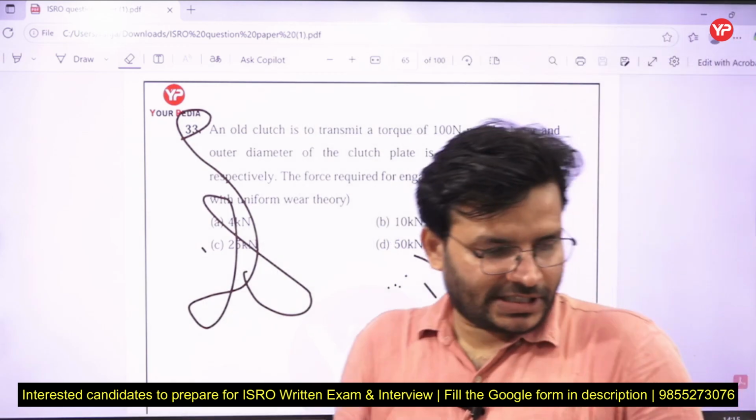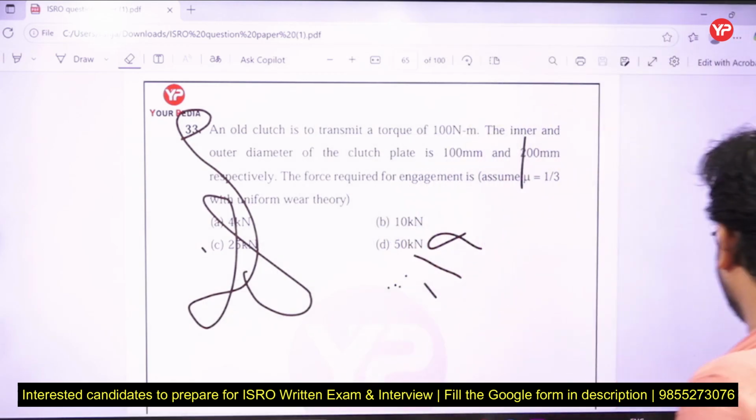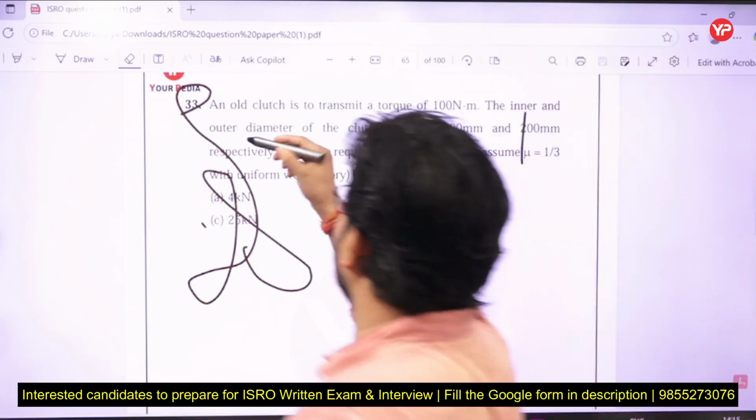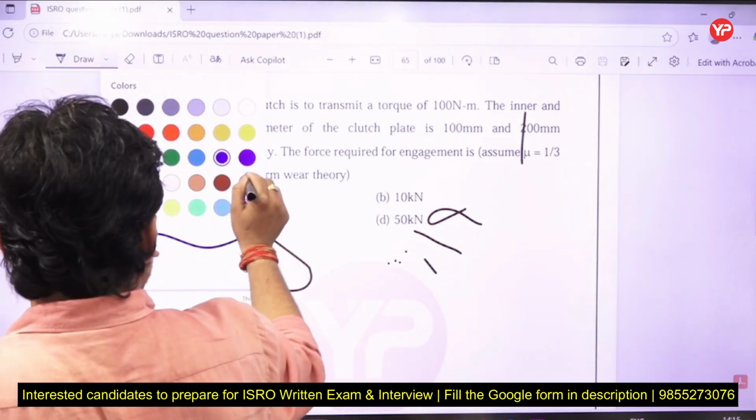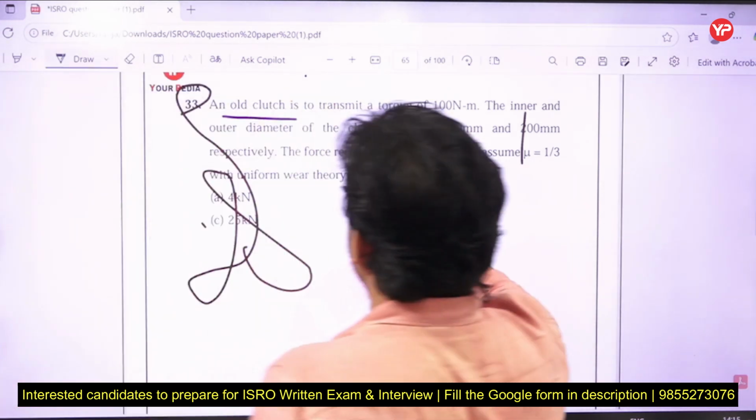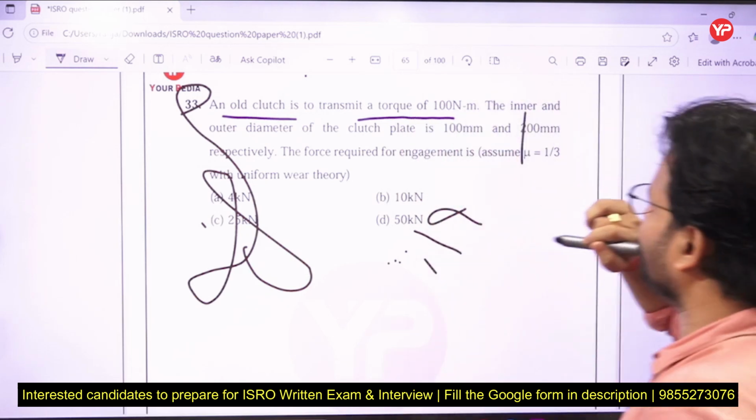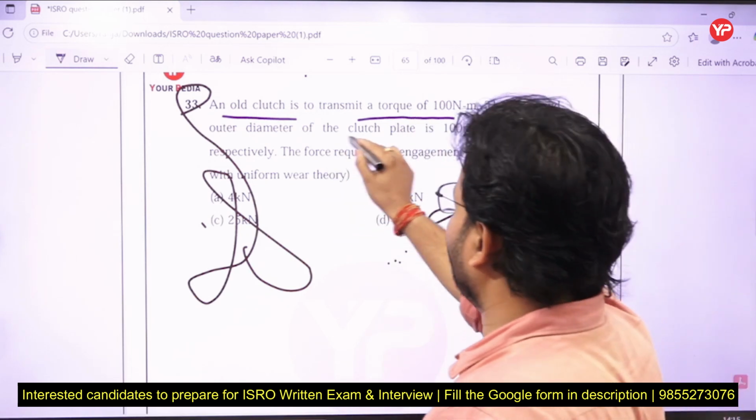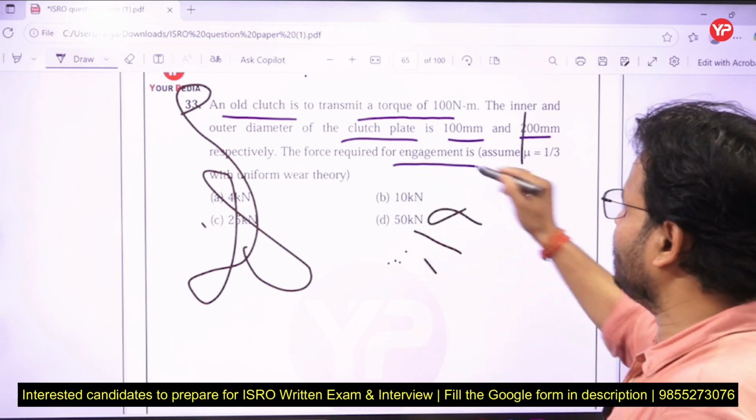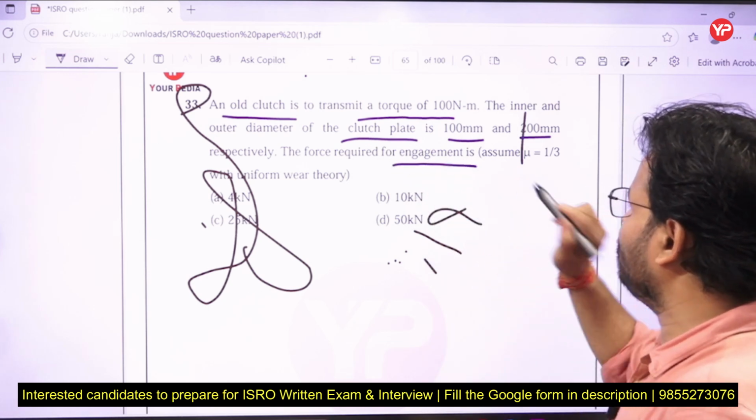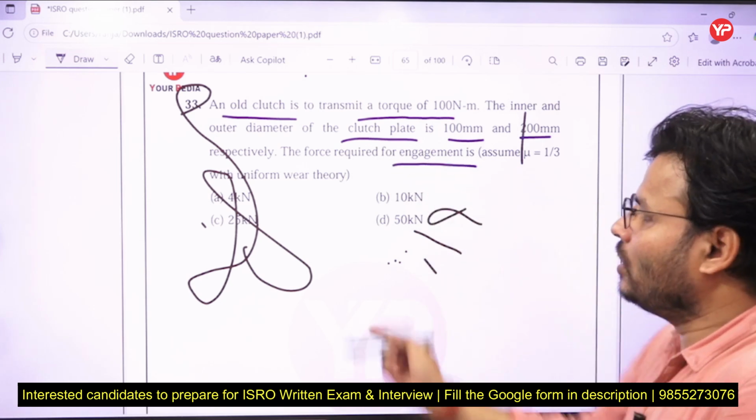So now let us take the next question. The question is that a clutch is to transmit a torque of 100 Newton meter. The inner and outer diameters of the clutch plate are 100 and 200 mm respectively. The force required for engagement is, and you have to assume mu is equal to 1 upon 3 with uniform